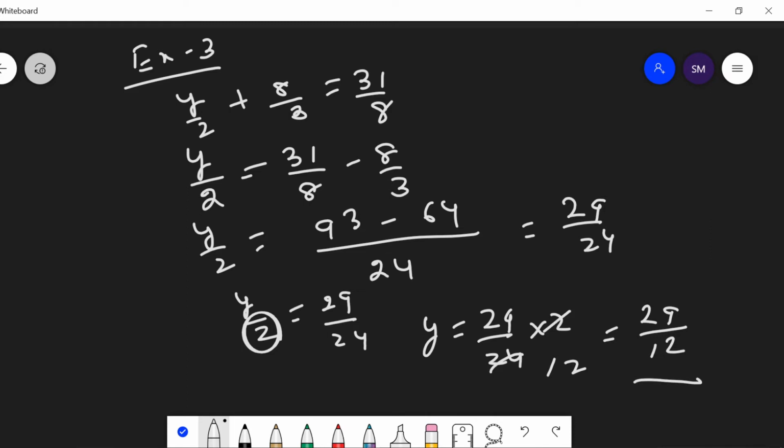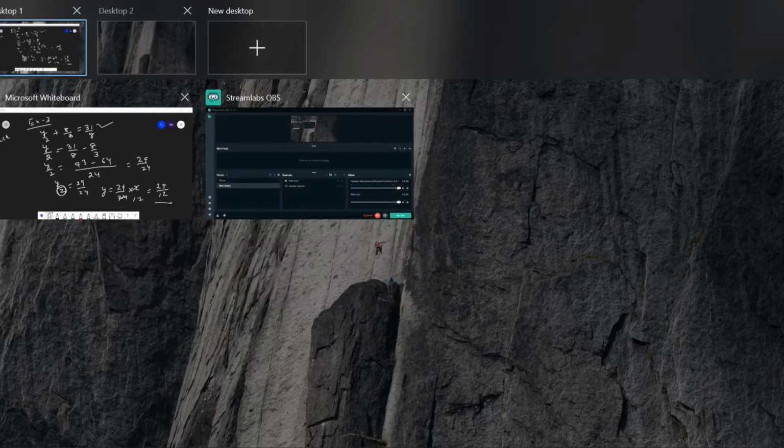Then y is equal to 29 upon 12. Then put it in LHS. If we get the RHS, then this means we have checked the answer. Let us check. How can we check? Put the value of y